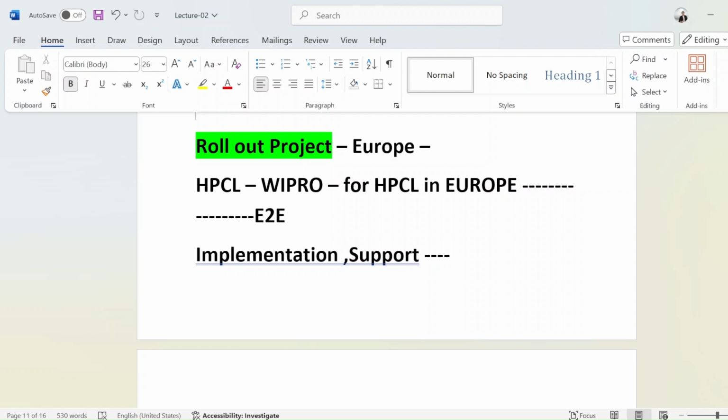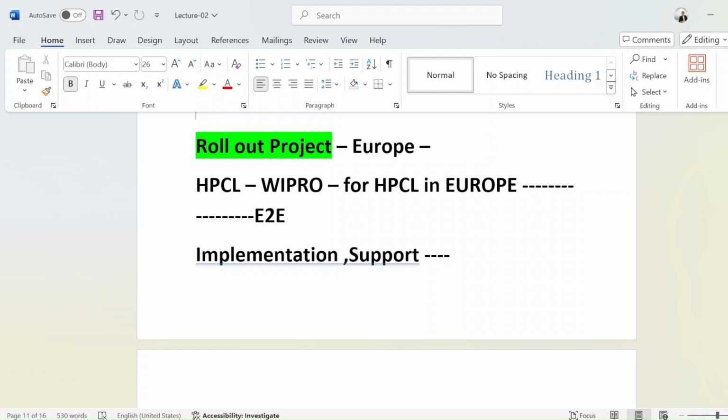Let's suppose one plant is in France and one plant in India, and they just completed E2E implementation at India's plant with the help of Infosys, and right now they want to do E2E implementation for their France plant. Balco is just planning to do that.